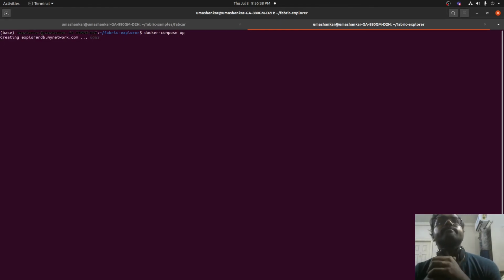You might be wondering why they have given net_test instead of fabric_test. The reason is that in older versions of Hyperledger Fabric, the name of the test network was test_net, and these documentations were created in those times, and later they forgot to update it. That is why it's still pointing to test net. These are the minor details that you will actually miss, and you will end up searching everywhere.